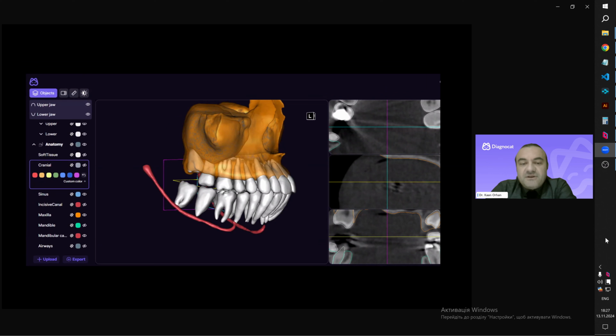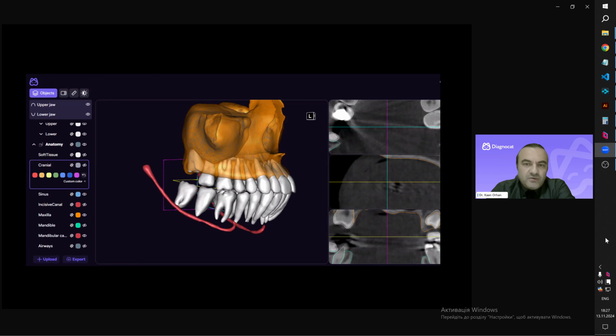Here's an example for both the mandibular nerve and the maxillary sinus as well. The third molars are not only related to the mandible, but can also have a relationship to the maxillary sinus. See how nicely the teeth are segmented, and also the maxillary sinus. What you can achieve